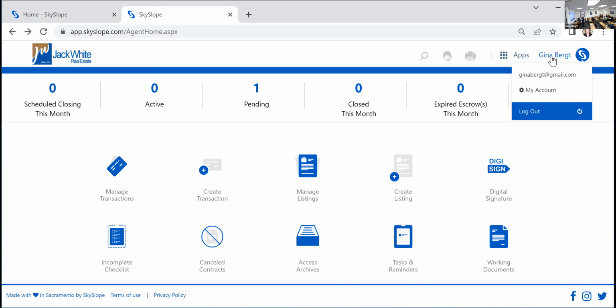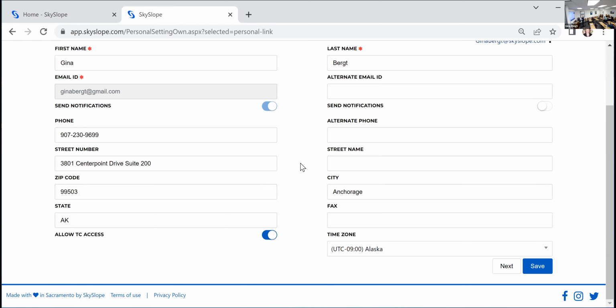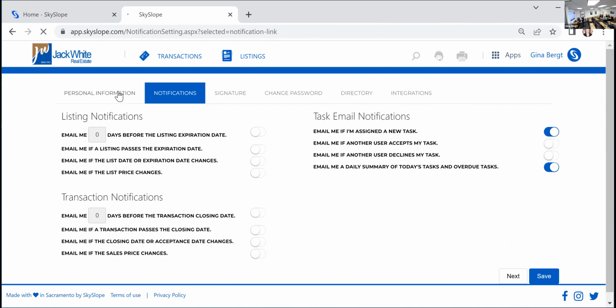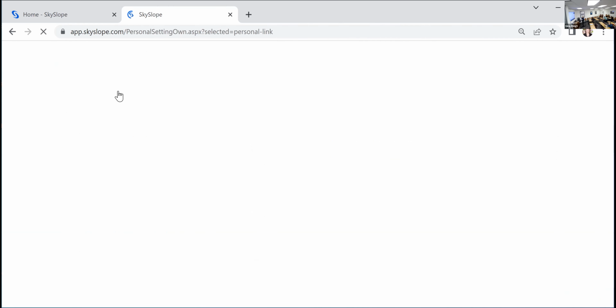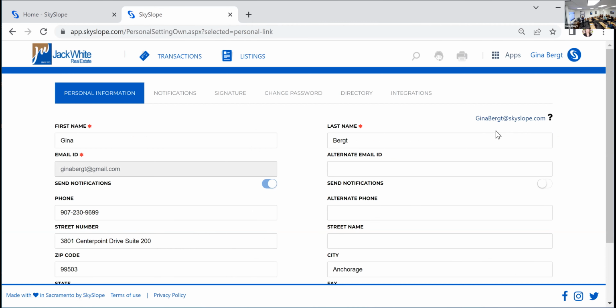where it says your name there, and your account. And if you see here, personal information, you have all of your personal information in this section. Then if you go to notifications, the next section over, let's go back to personal information. I'll show you one more thing here. Under personal information, you see where it says Gina Burke at skyslope.com. Yours is going to say your name